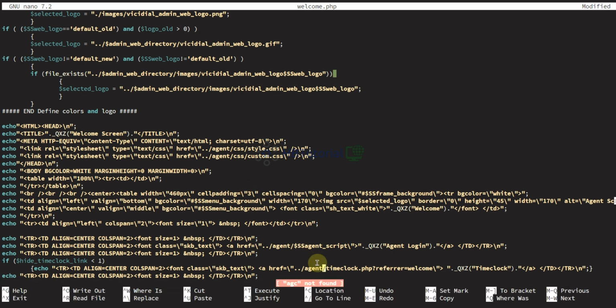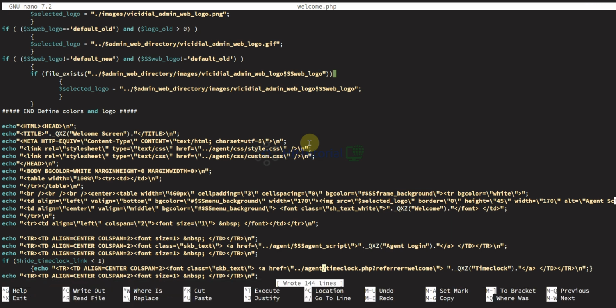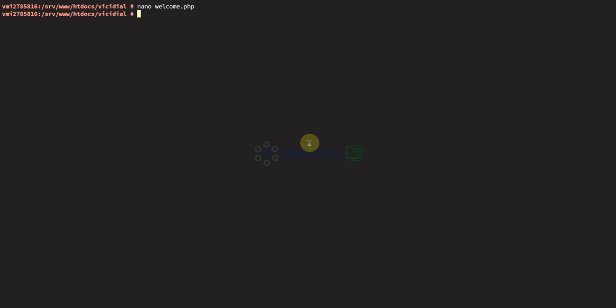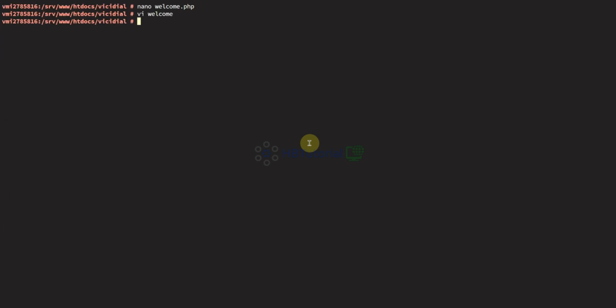So as you can see, there's no more AGC on the welcome file, so you can save it, just Control O and then enter. That means it will save, and then to exit, Control X. So that is if you are using Nano, but sometimes they are using VI. So okay, for VI, just escape, quit, don't save.